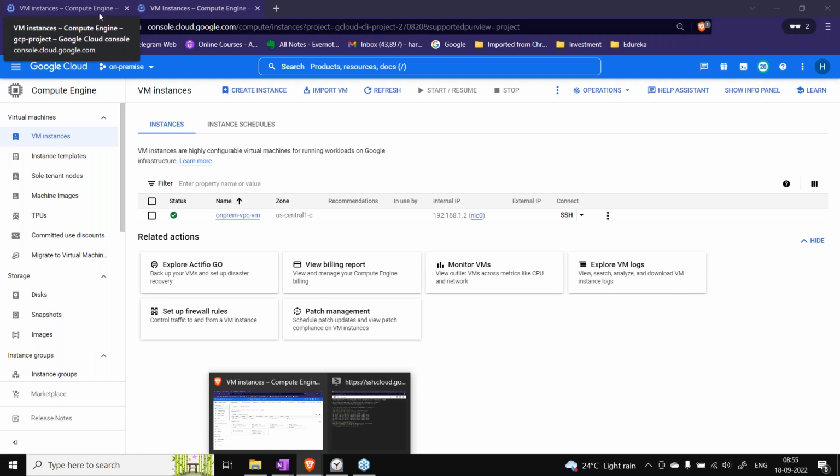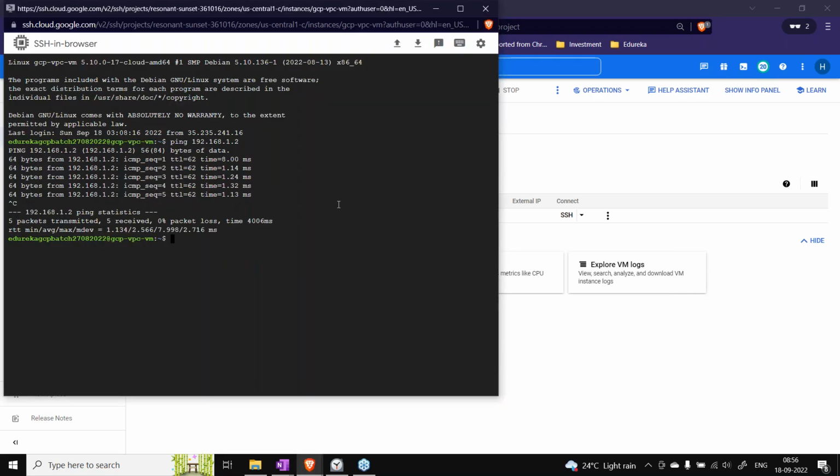Even if I break or delete one of the tunnels, they will still be able to communicate via the other tunnel that we have. We have two tunnels right now. This will not be the case in real time, where nobody will delete it. But in case something breaks down or goes down, that is where you have the option of HA VPN, and that is what Google recommends.